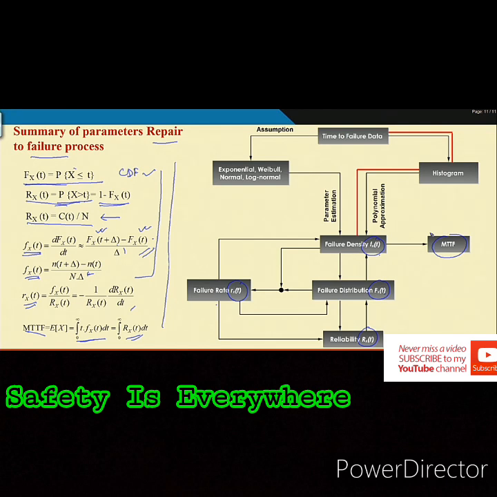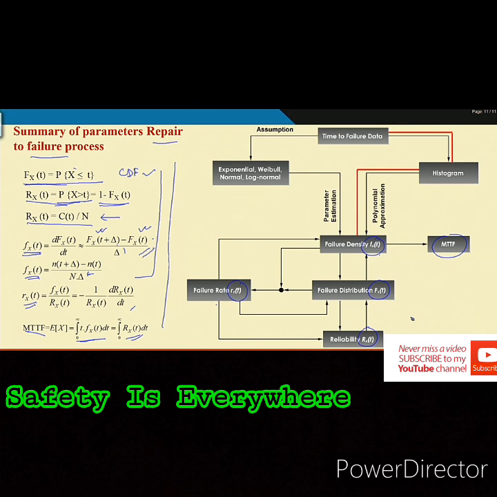So, you have done an experiment, and from the experiment you will get time to failure data. Then from the time to failure data you can develop a histogram, and then you can approximate the histogram through some polynomial expression. That we have not discussed here. We have basically given a polynomial approximation. Ultimately, in the right hand side we are giving the theory or the computational details behind all those parameters.